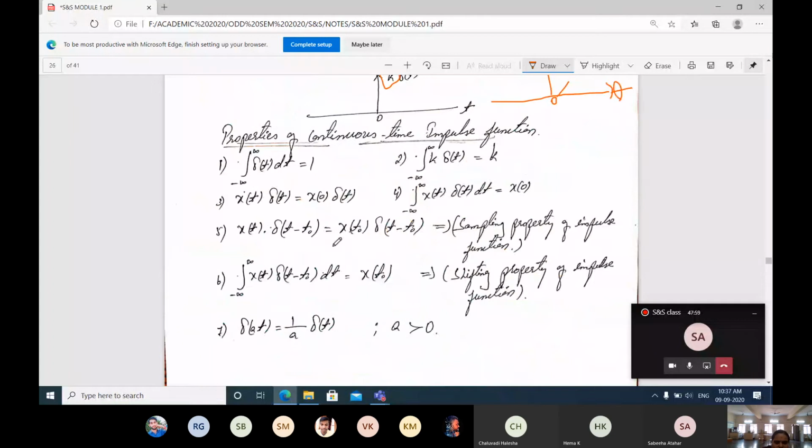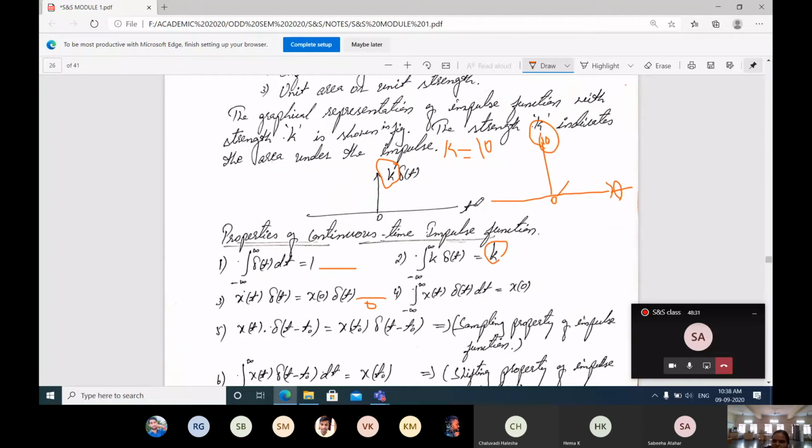And the properties, these are just direct equations. Just remember, the first property is the integral from minus infinity to plus infinity of delta of t into dt, which is always 1. Remember this. Okay, x of t delta of t: only at the 0th position will I get the signal. For that reason, x naught, meaning the t value is 0, into delta of t. Then second, if I go for the kth value, I will get the same as it is.